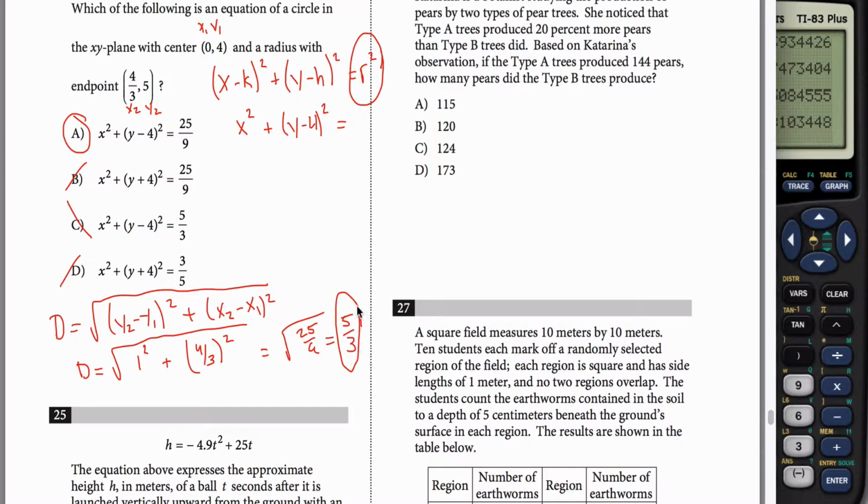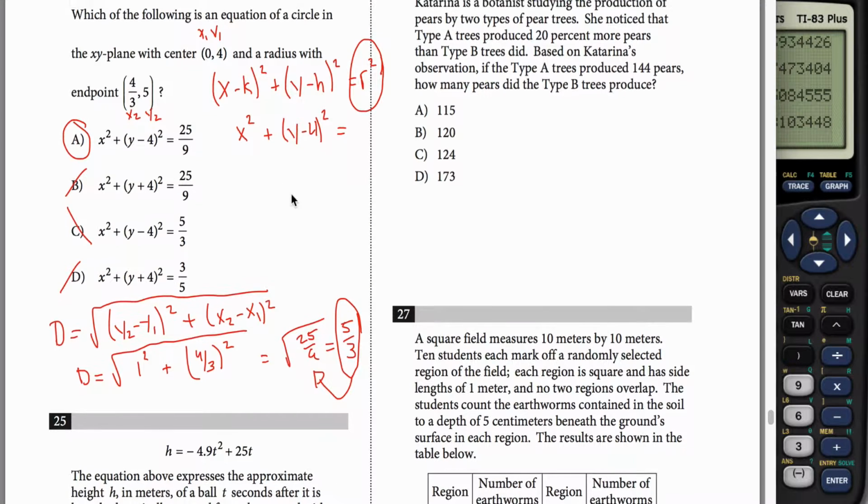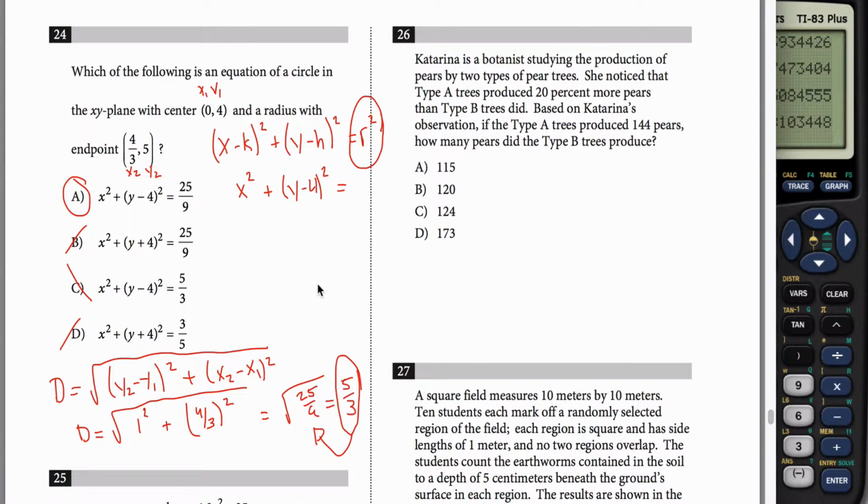So this number squared, 5/3 squared, is 25/9, as we kind of saw over here. So 25/9 would be what goes over on this side, and A would end up being my answer. Let's see, some other ways you could get there if you didn't know this equation of a circle is you